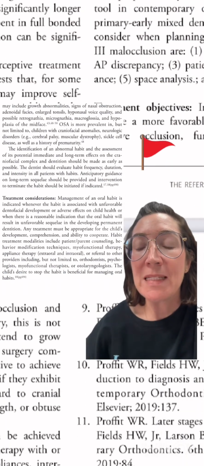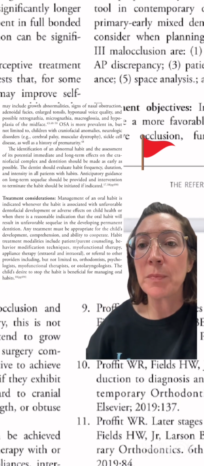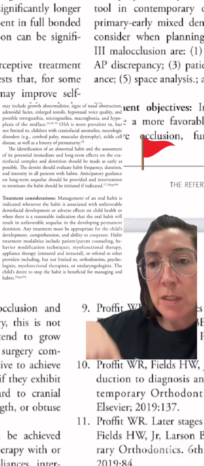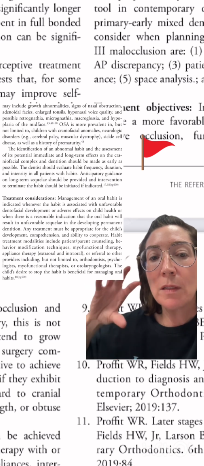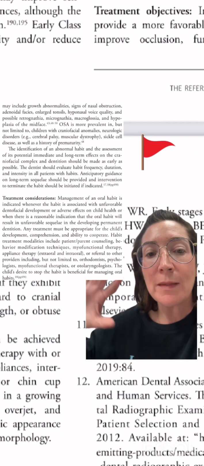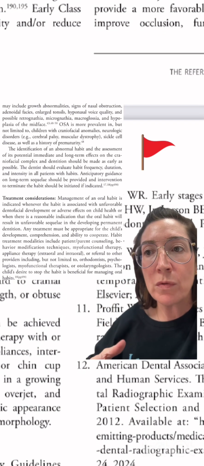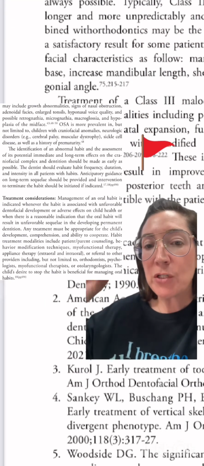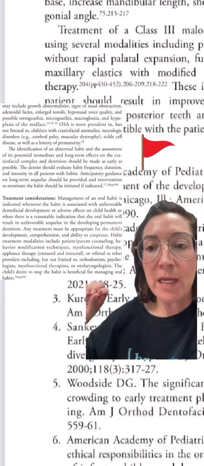So anticipatory guidance on the long-term sequelae should be provided, and an intervention to terminate any of those oral habits, like the mouth breathing, the low tongue posture, the tongue thrust, all of those things. So it's a long-term sequelae of management. And when we see the younger kids, I never want to let them go completely, even though they've made their goals, because I want somebody to be their voice as they grow and guide them into the growth and make sure they've checked off all of the things that we can do to intervene on the symptoms